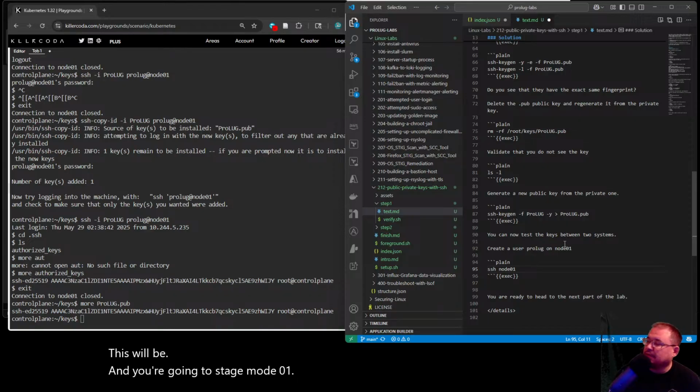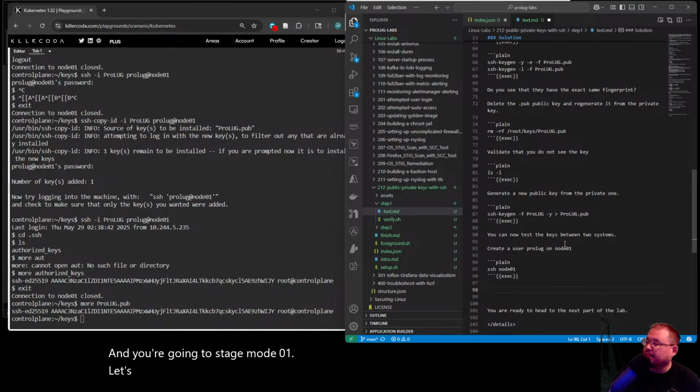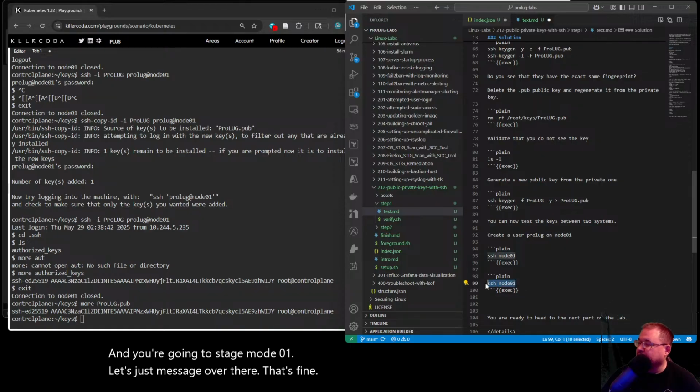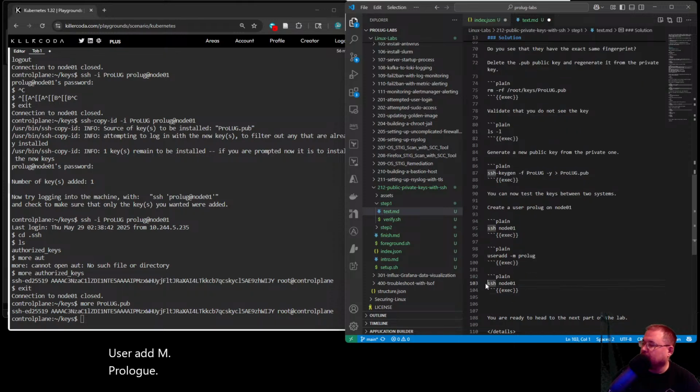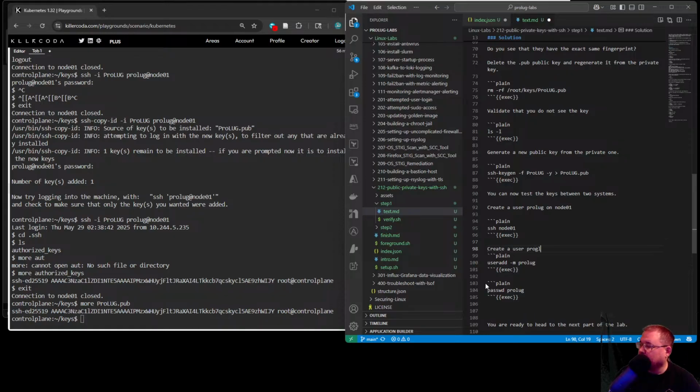Let's just SSH over there, that's fine. useradd -m prolug. So, create a user prolug.